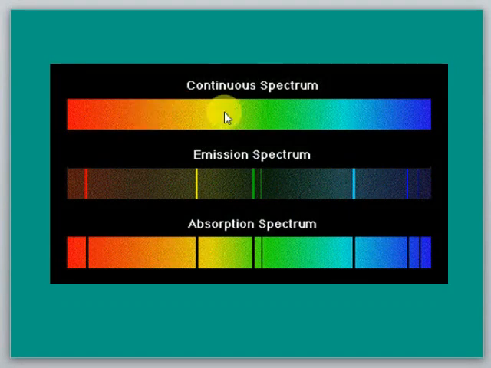As Rutherford said, electrons are moving continuously around the nucleus, so they must radiate energy continuously, and the spectrum obtained should be a continuous one. But when the spectrum of the electron was obtained, it was not a continuous spectrum, it was a line spectrum, either an emission line spectrum or an absorption line spectrum, but it was a line spectrum. Rutherford was unable to answer the question of why electrons have a line spectrum instead of a continuous one.